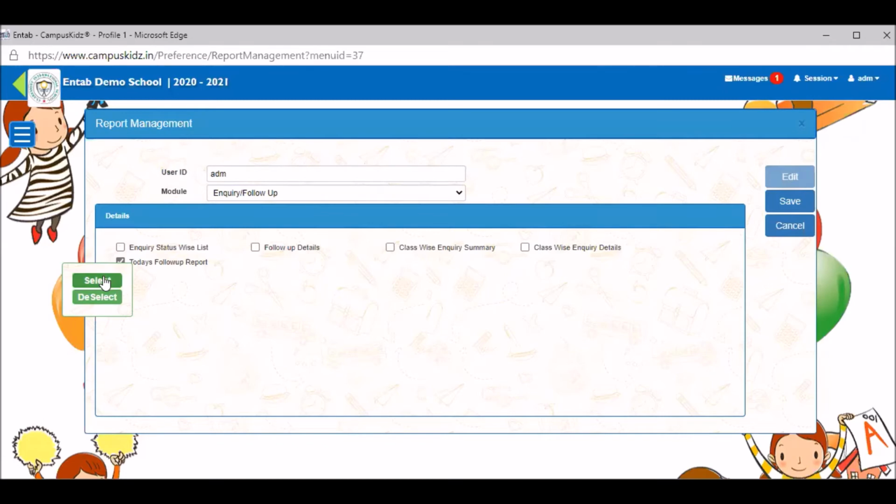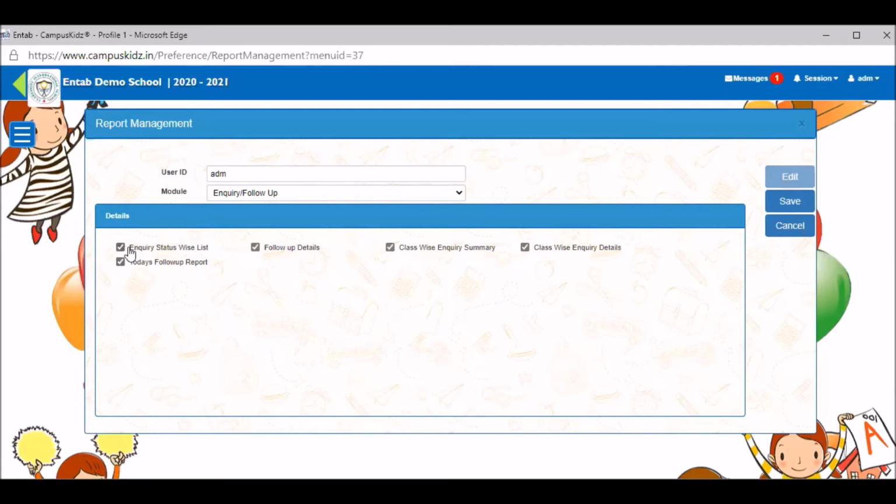You have this option called select and deselect. The moment you select, all the boxes are check marked. You can directly give the access to all these reports. I'll show you once again. It's very simple. Keep on the first report, and do the right click. You get the select and deselect. If I deselect it, all the options are deselected. If I go back and right click and do select, all are selected.